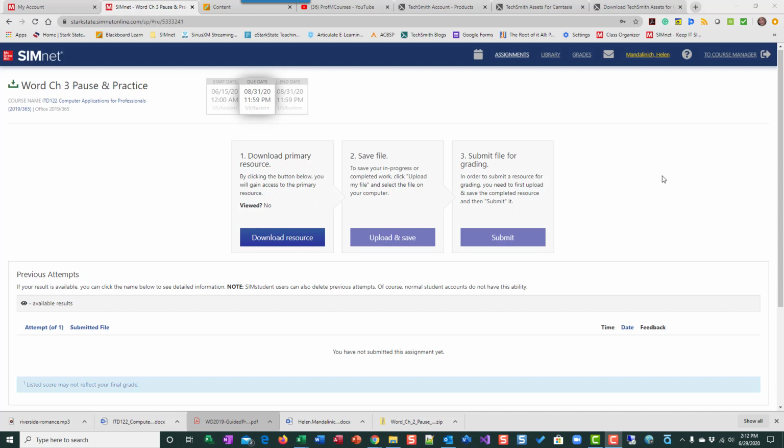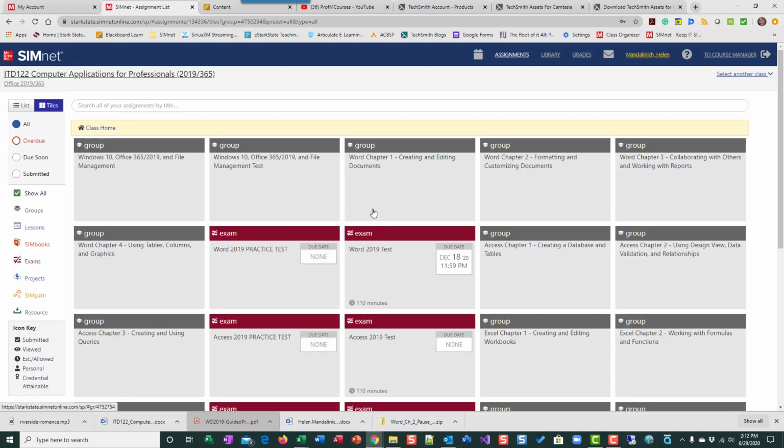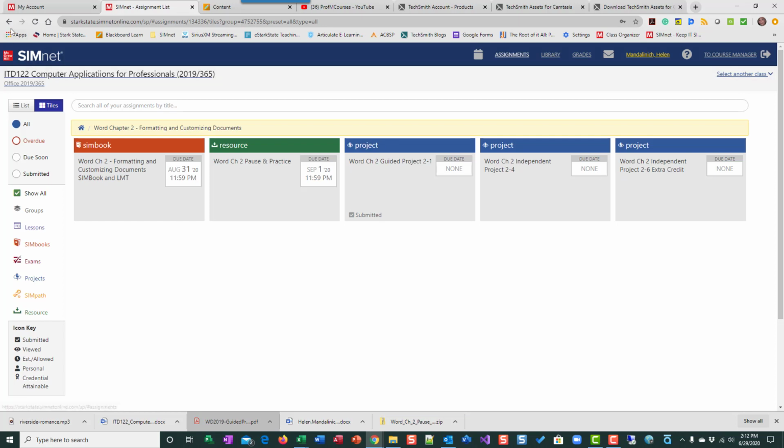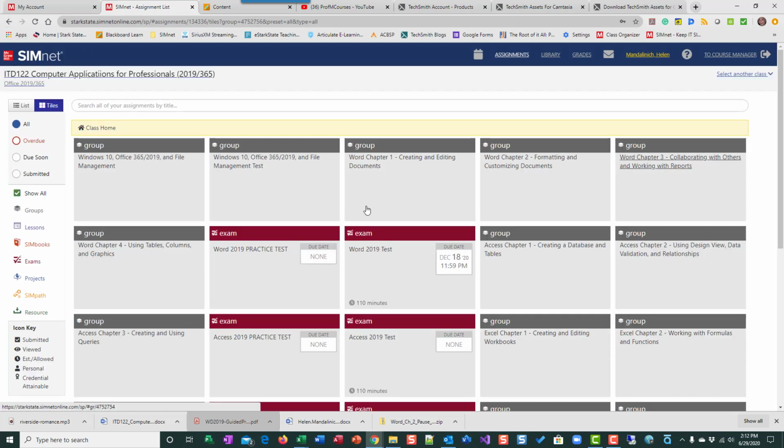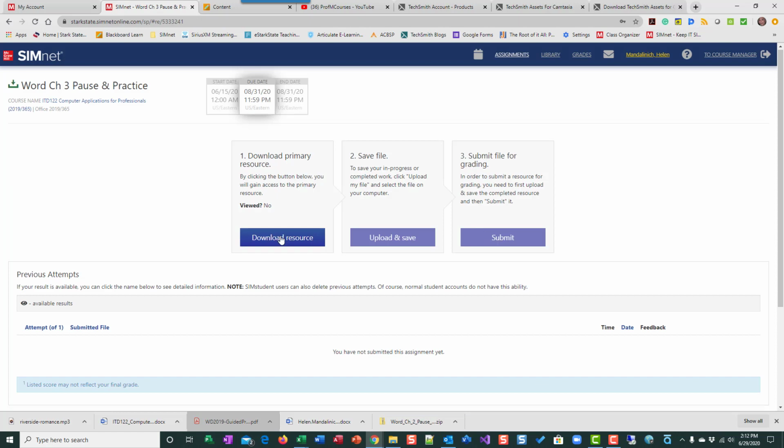So I'm going to begin by downloading the information that I need for the pause and practice for all of them. So I'm in my SimNet and I went to Word Chapter 3, the green top. I'm going to download the resource. Once again, I'm in Chrome, so it's at the bottom. If you're in Firefox, it'll be up top right corner. I'm going to open that up,